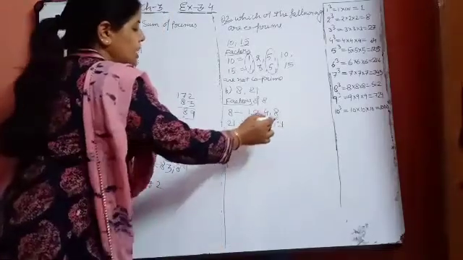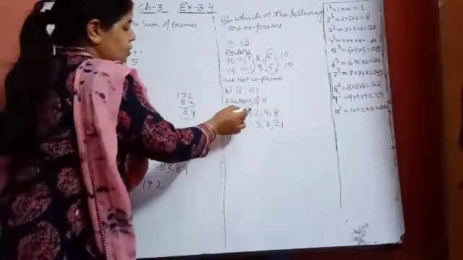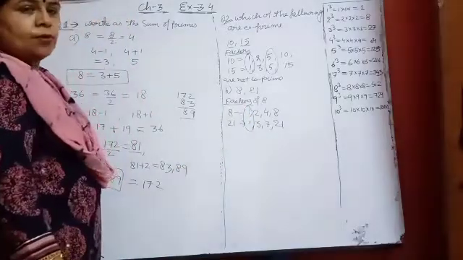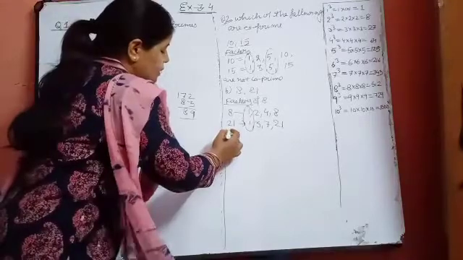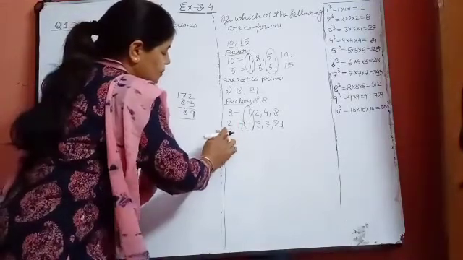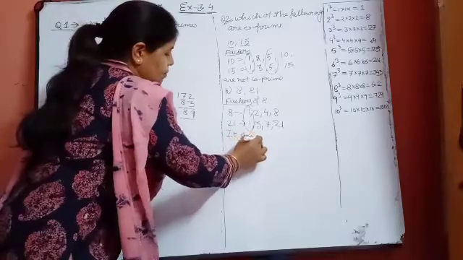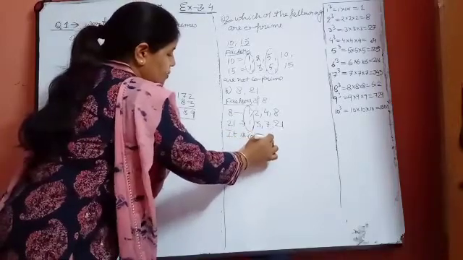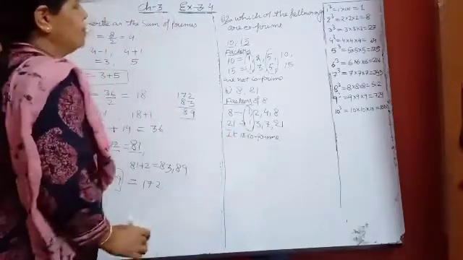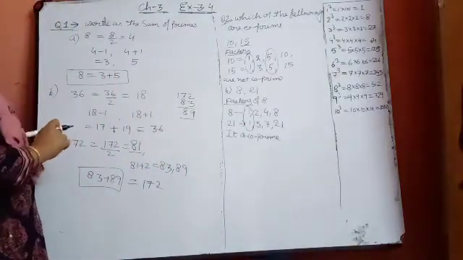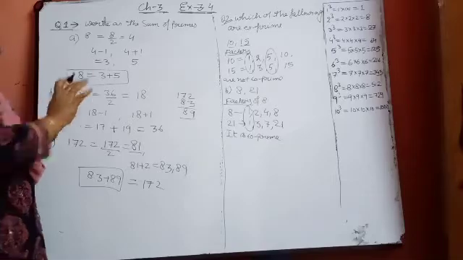Now if you can see, they do not have any common factor other than 1, so they are co-prime. Now maybe everybody has understood how to find co-prime numbers. Two parts of this question I have done, and the rest two parts you will do yourself.